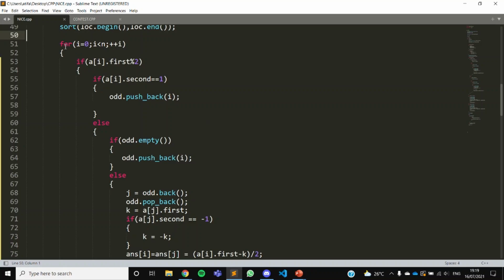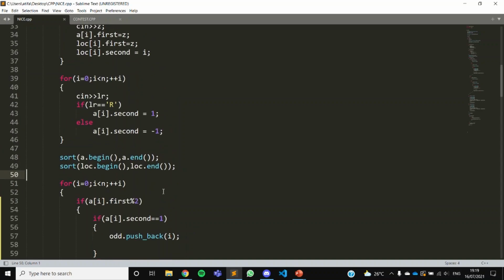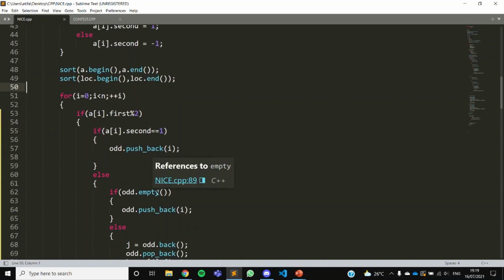First I'm taking the first robot and checking if it is odd or even. If the robot is moving towards the right, we just push it into the odd array. If it's moving towards the left, we check if the odd array is empty. If it is empty, we'll just push it.